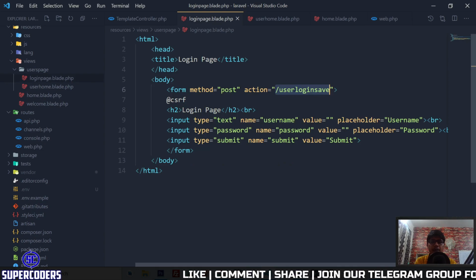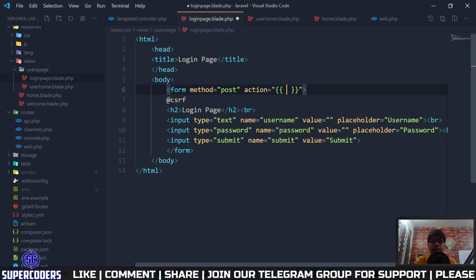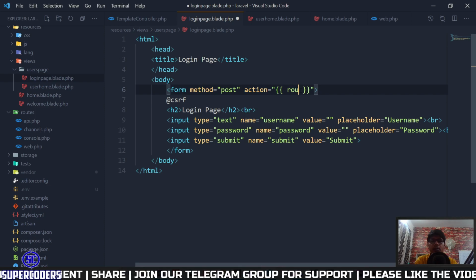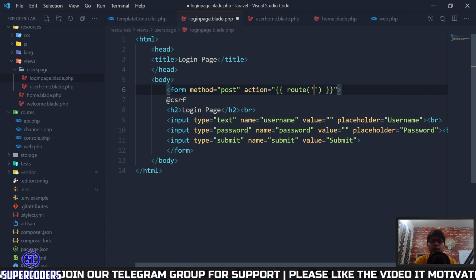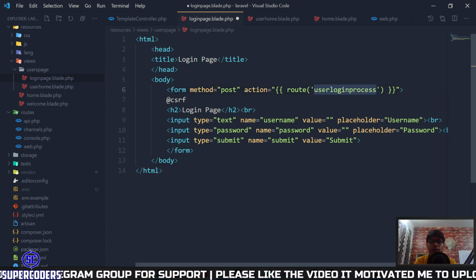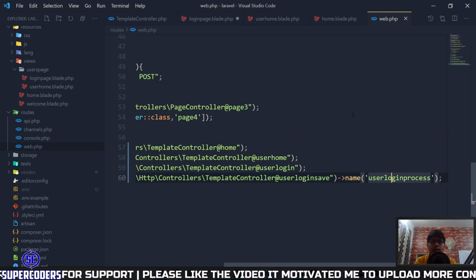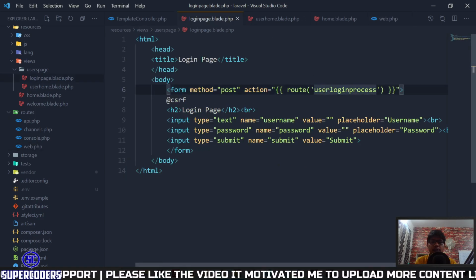So here instead of passing this URL directly, you just need to add your route. So simply expression, which is double curly braces, then route, then just add single quote and pass your route name. You can see user login process, which is our route name. After that save this page and also save this page.